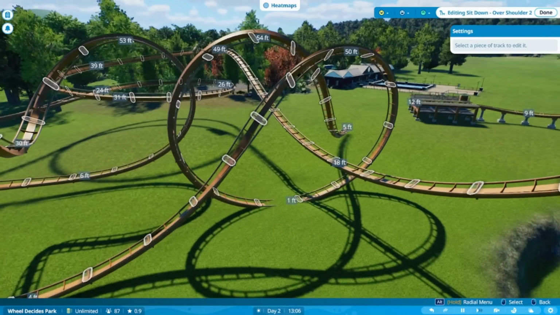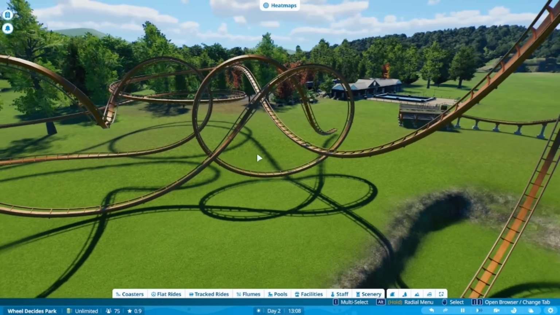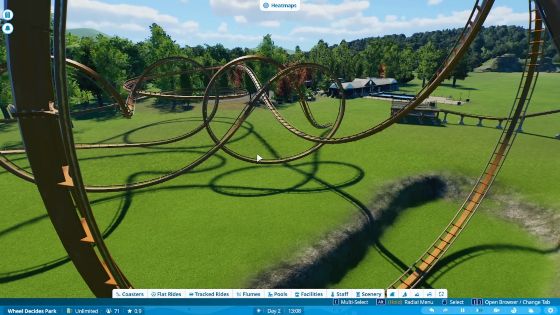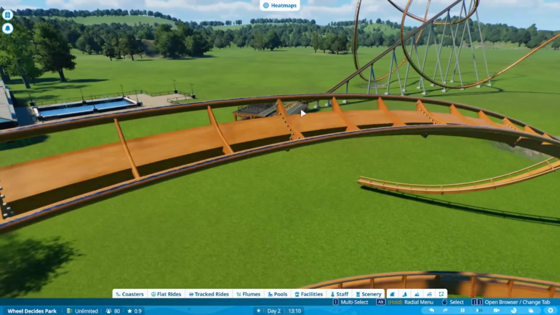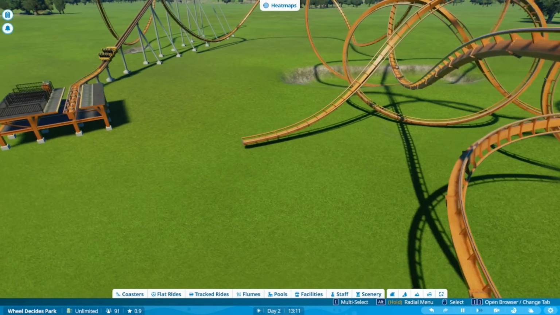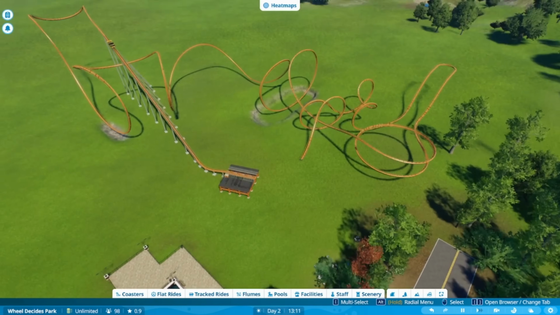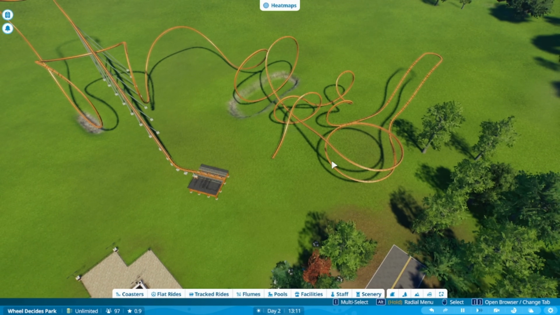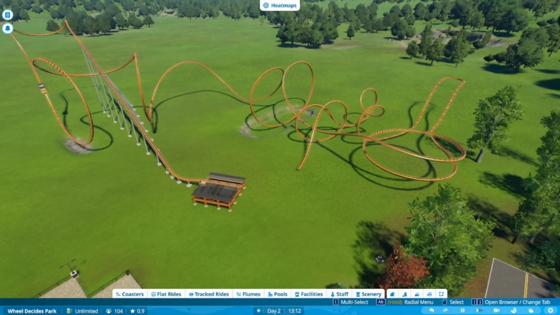Okay, so it's done. It's like the best interpretation I think I could do. It certainly looks cool with the track going through it. I mean, we're near the end of the ride, so I think let's get one final element in. I mean, look at this. It looks like a spaghetti bowl. I mean, this is whack. All right,